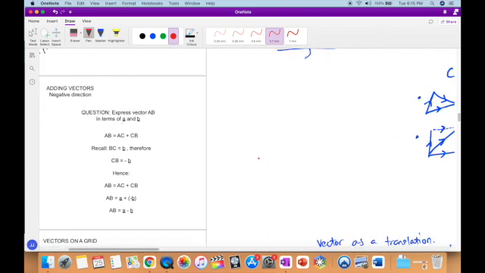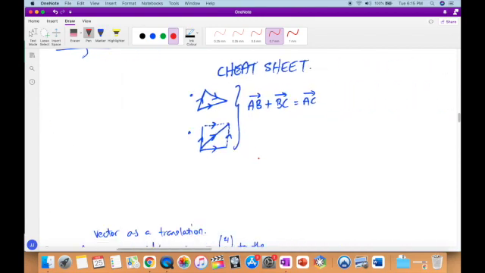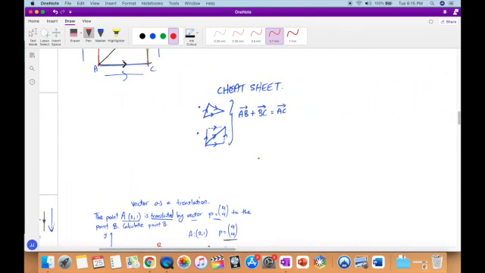So maybe I could put negative vectors on my cheat sheet. Ooh, my cheat sheet turned blue for some reason. So let me turn it back red. And let's add negative vectors. How could I add it? I could say A, B,